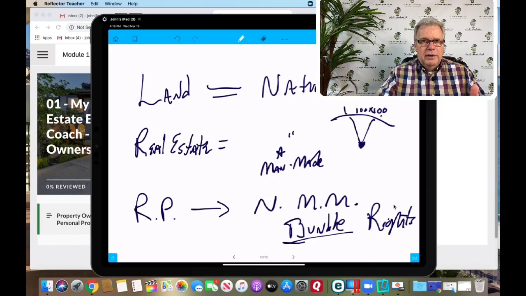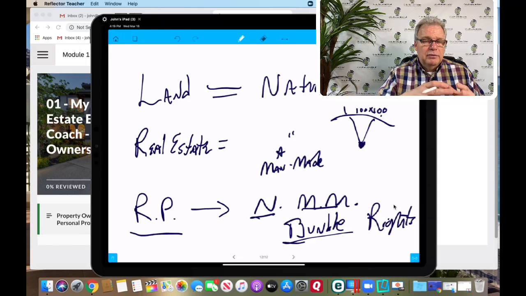If they start throwing in a garage, an easement, they use the word appurtenant or appurtenance, you immediately know that's real property,